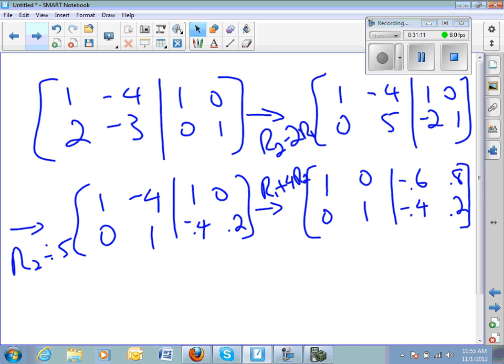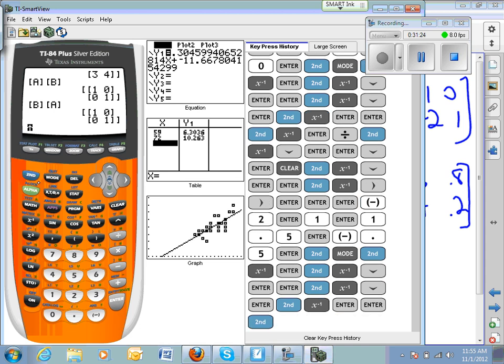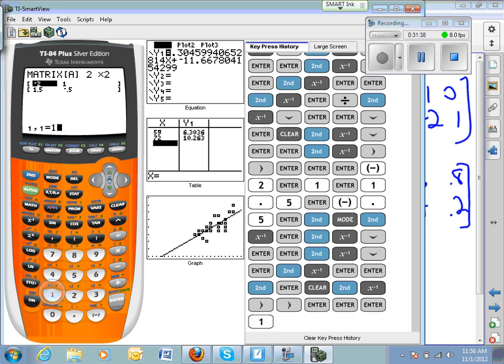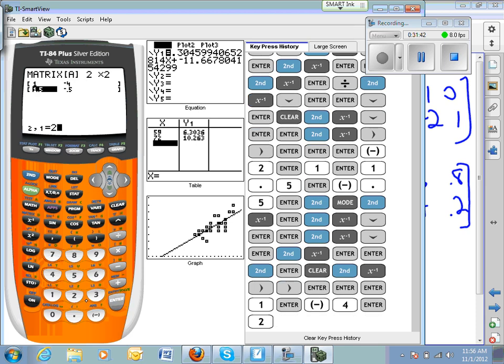And there it is. Now, let's go back and we're going to use the calculator again, but this time we'll make it do the work and see if it's the same result we did. So that matrix, I'm going to ask you to read it to me, but enter it in the calculator here. The original matrix. Okay, here we go. 1, negative 4, 2, negative